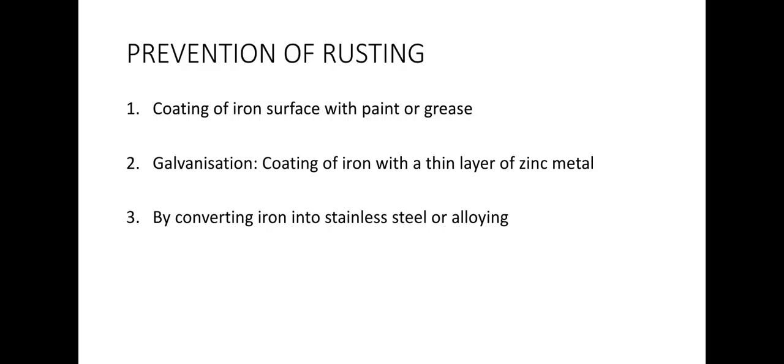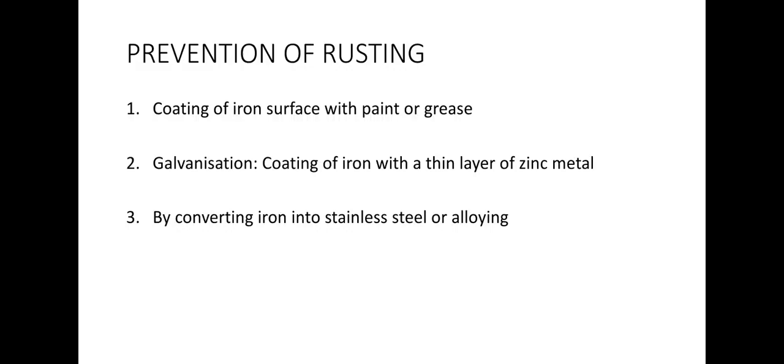Now, as we know, rusting damages iron or iron objects badly, because if it is not protected, if it is not taken care of properly, a brown reddish layer of rust covers the iron and it will get wasted. So in order to prevent the ultimate wastage of the iron, or just to improve the quality of iron, we can prevent the rusting process.